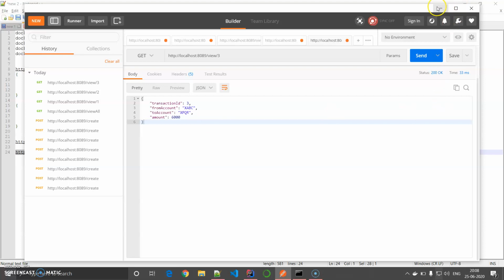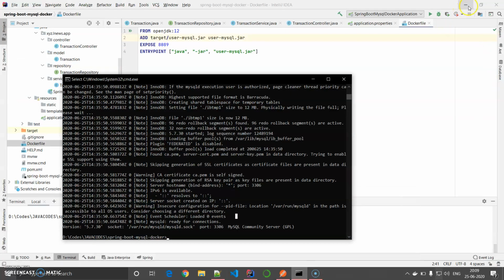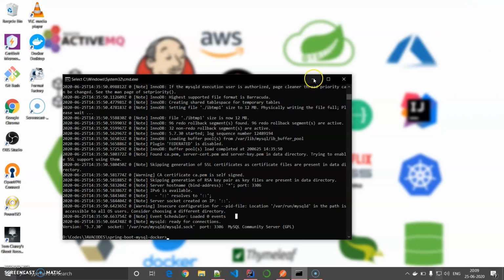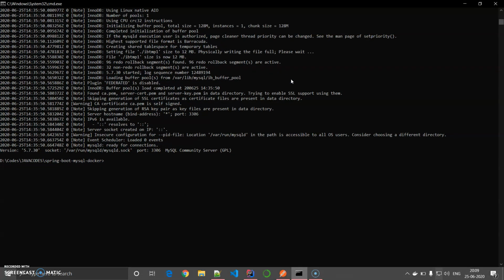So in this way, let us conclude. We are connecting a link between two containers, and wonderfully it's created. Let us conclude this session by summarizing what we have done. We have instantiated a container of MySQL, followed by instantiating the container of our application, then creating a link, and then performing the basic persistence operations via REST API endpoints.